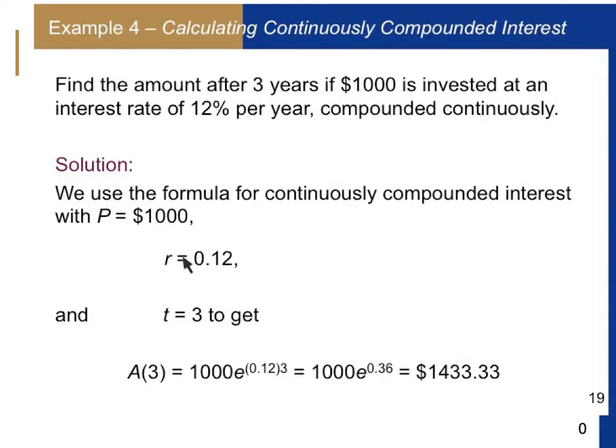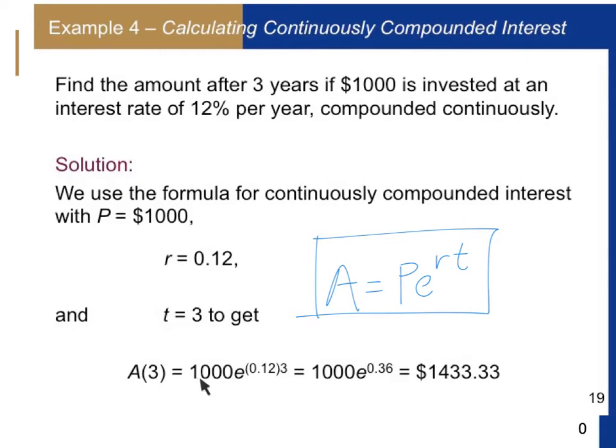Okay, so our p is 1,000. That's how much we're investing. Our r is 0.12, or 12% as a decimal. Remember to divide by 100, so you move your decimal place over 2. And t is 3. So A equals P e to the rt is our formula, right? So the amount after 3 years is A equals P e to the r times t, or 1,000 e to the 0.12 times 3, which is 1,000 e to the 0.36, which is about